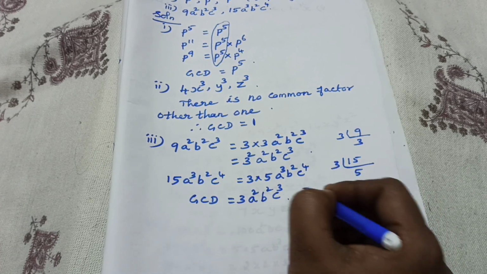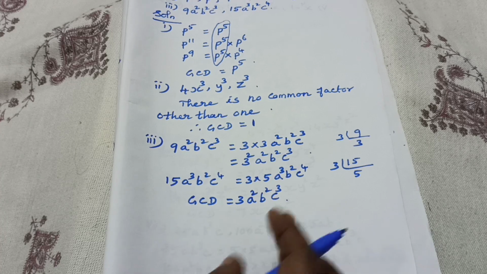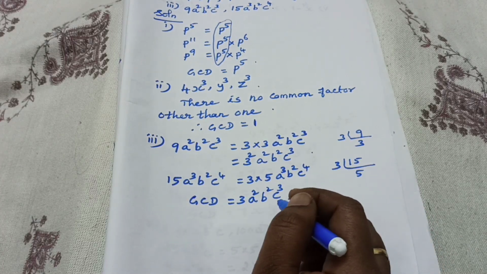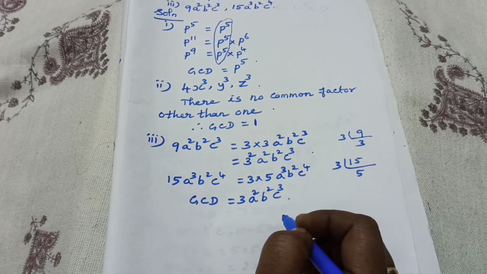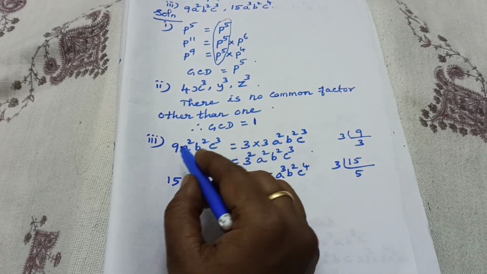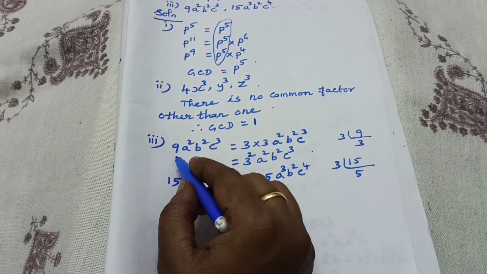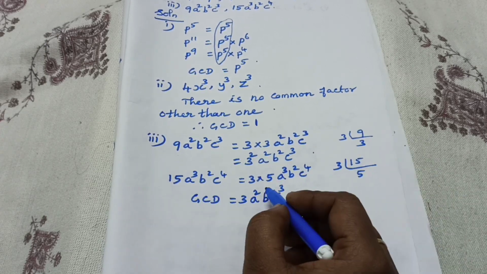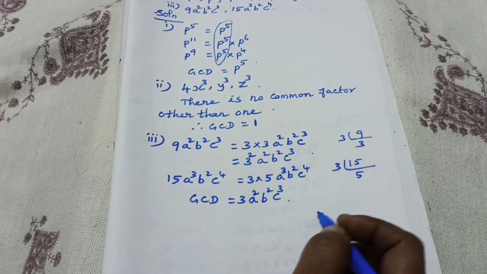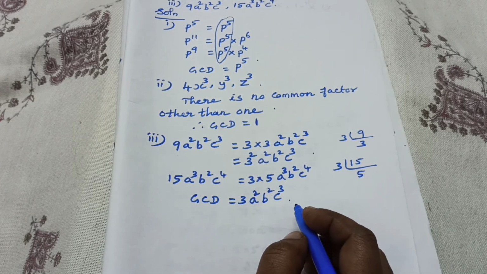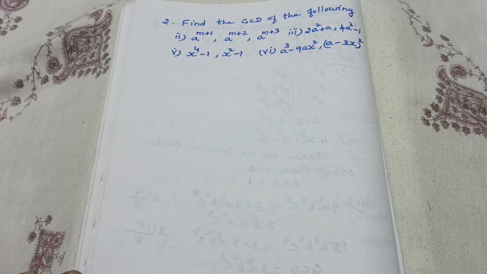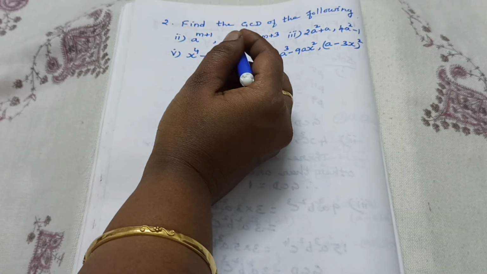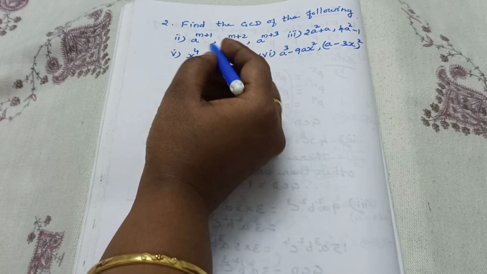Very simple. Very important. Okay, important 2 mark question. Sometimes 1 mark also they will ask. Okay, have you understood? Any doubt? Suppose a constant is given here, then first you find out what the factors are, write them. Afterwards you should find the common divisor. Any doubt? Then second question, find the GCD of the following. Second subdivision.